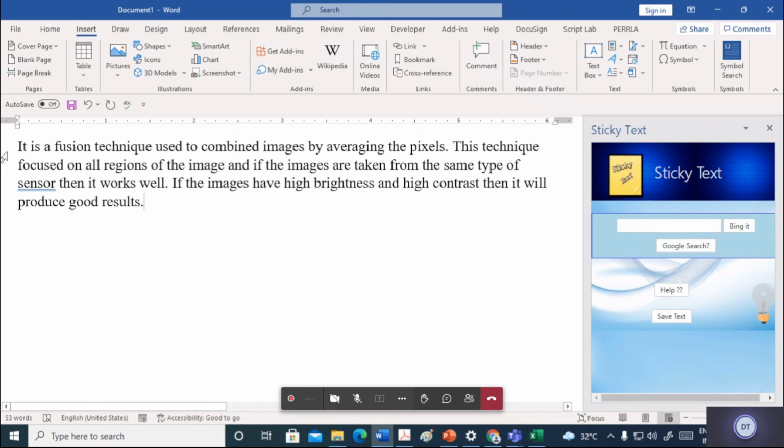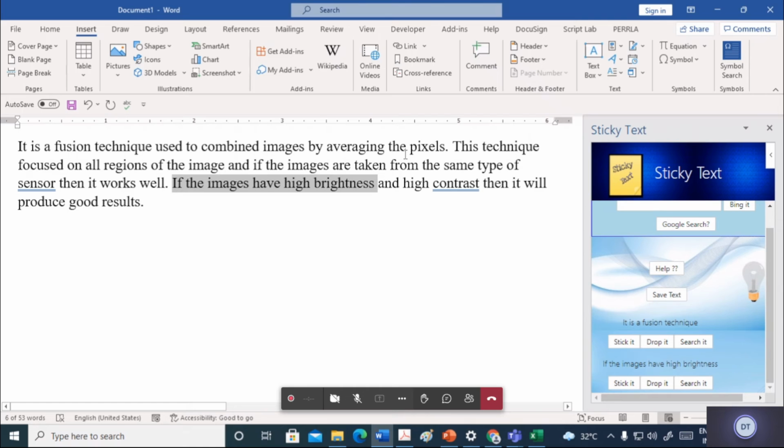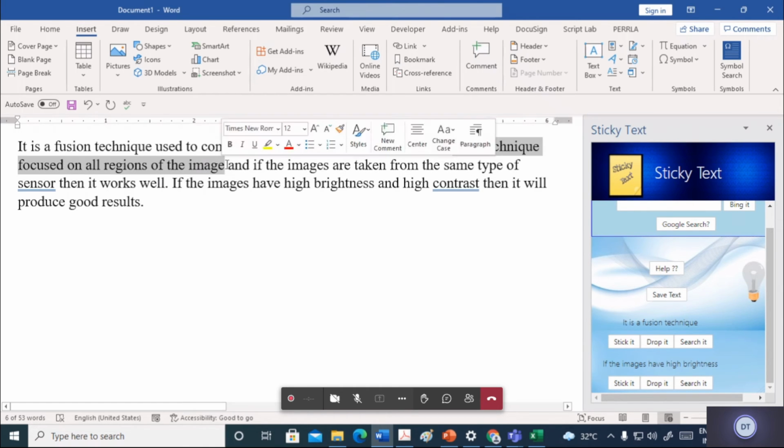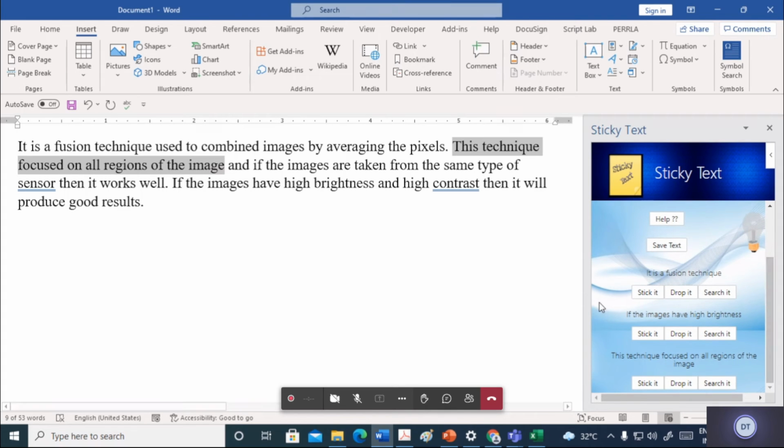So what I'm going to do is copy this first line, it is a fusion of techniques. Select this, stick it. So it is there. If the images have high brightness, once again, stick the text. The third one, this part, again I'll stick the text, so I'm getting it over here.